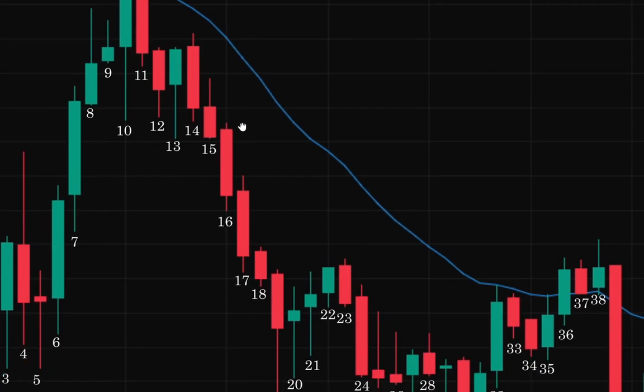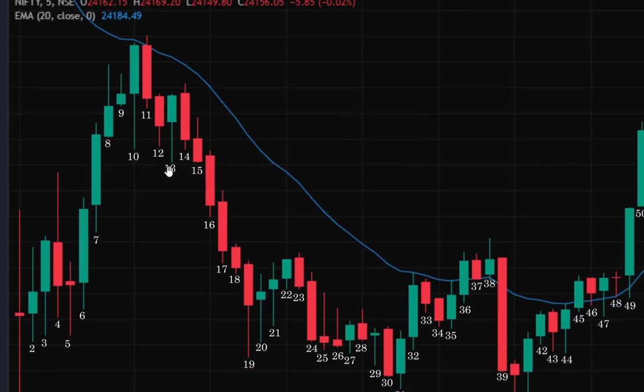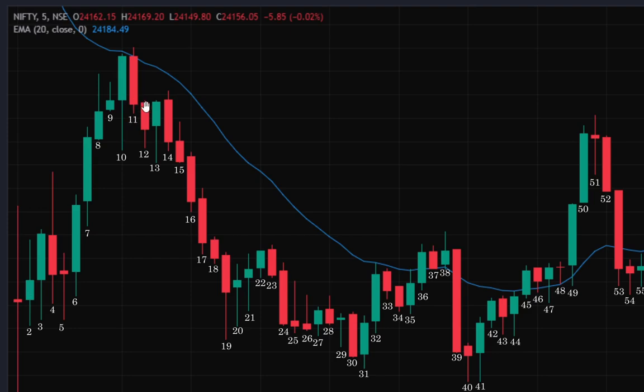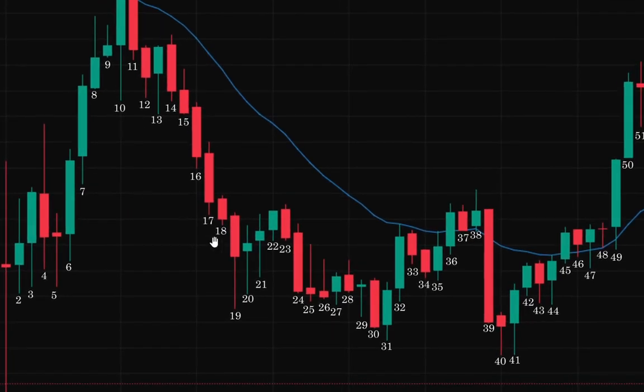But H2 didn't form, and I was saved from getting into a trade, because once this gap happens, there is a huge probability that there will be a follow through of some movement. But as you can see, this type of V shape happens in the market. Okay, but I was in a profit of 1900 rupees.